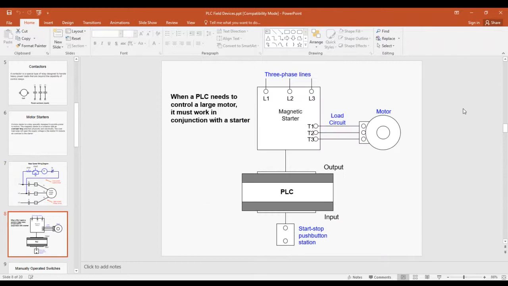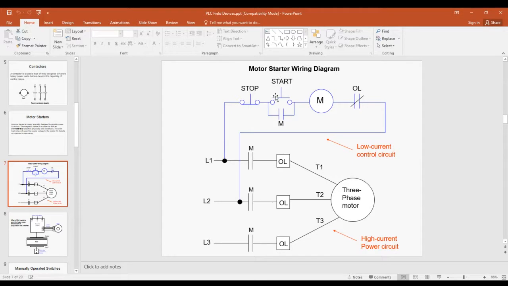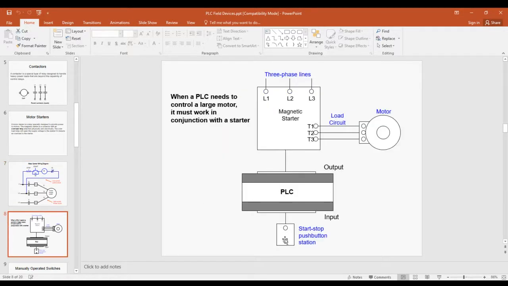And this next picture here is a little easier to see because it's the actual physical device. Here I have the PLC. I have the start-stop button here into the PLC as an input. And notice there's one line. This output is a low current, low voltage line, and it goes to that motor starter. So I might have milliamps controlling tens, hundreds, or even thousands of amps in this motor starter. And there's my T lines, the device I'm controlling, the 3-phase motor. And these are the incoming 3-phase power lines. So again, a basic relay, a contactor, a heavy-duty 3-phase relay, and then the motor starter is a contactor with control